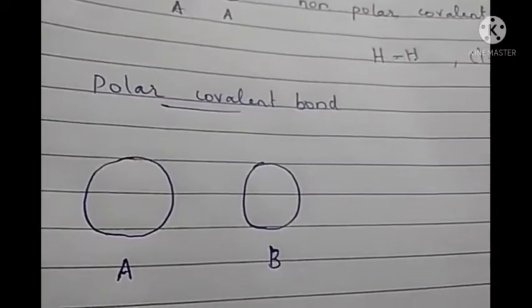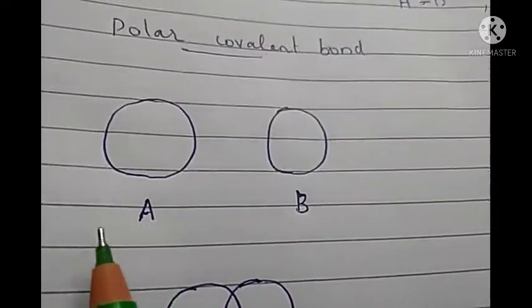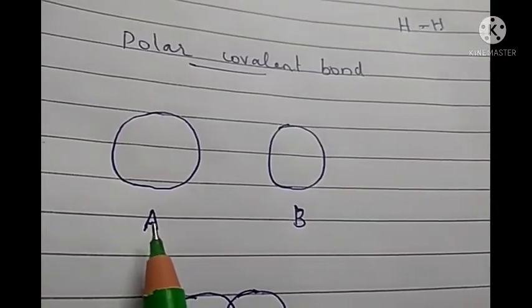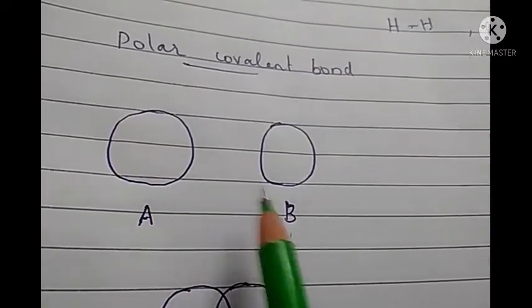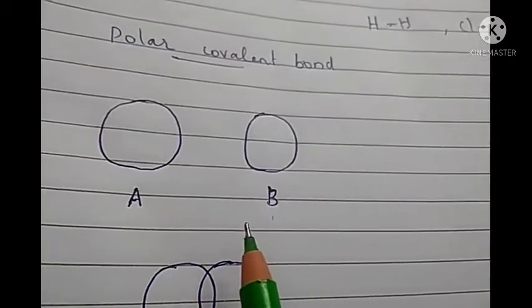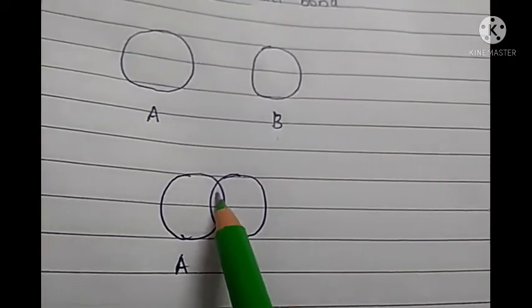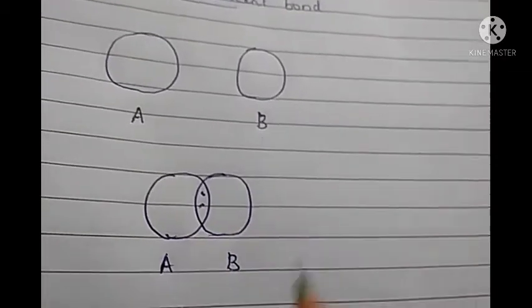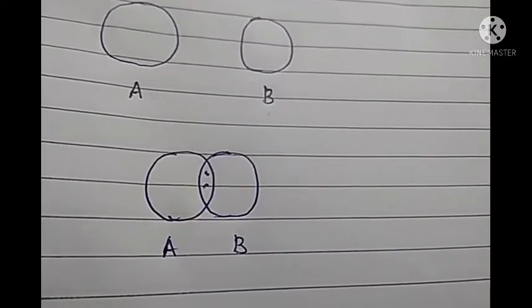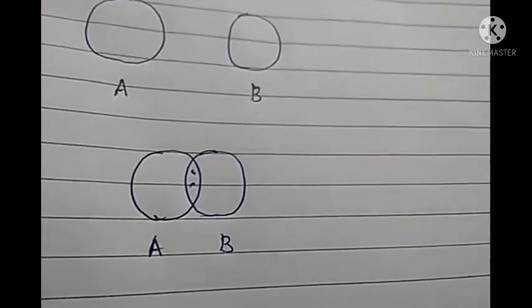Now suppose two different types of atoms are combined together. Suppose A and B. They represent two different types of atoms. They are sharing one pair of electrons, that we can represent like this. Both these atoms A and B are sharing one pair of electrons, and as a result here also a single covalent bond is formed